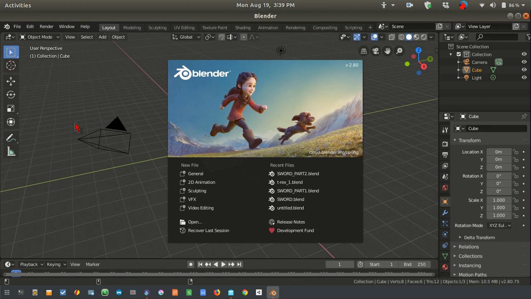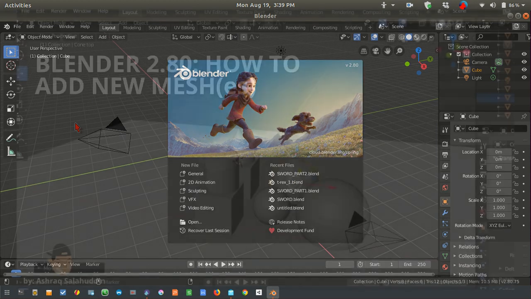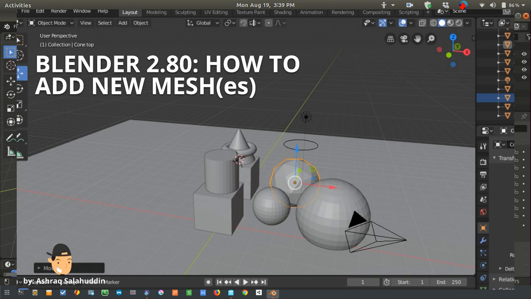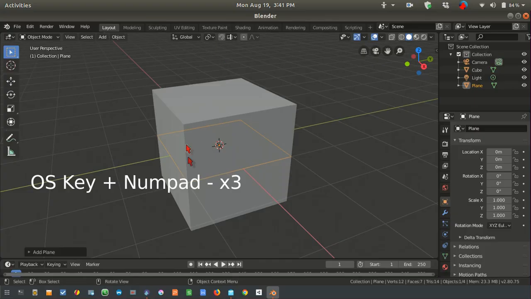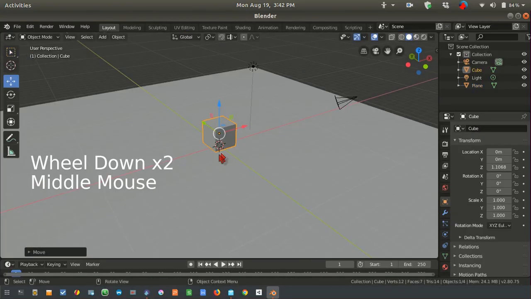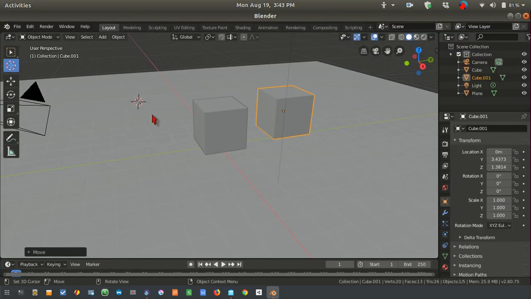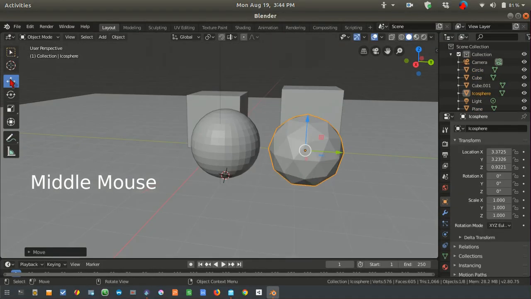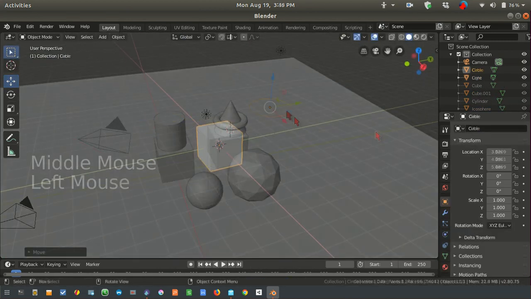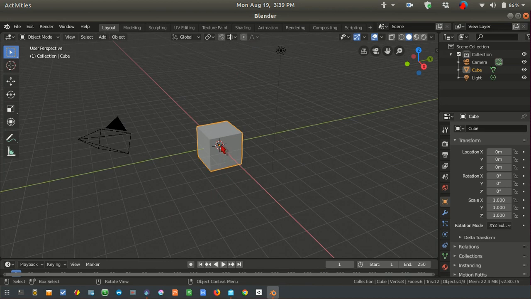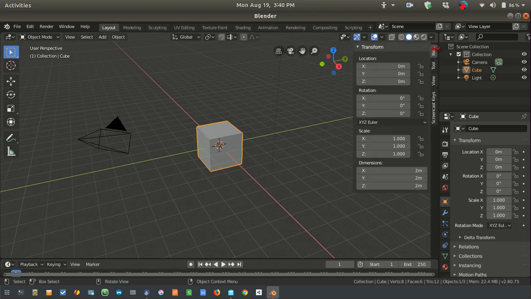In this video I'm going to show you how to add mesh into your viewport. By having different meshes, you can model anything using any mesh that you have added. By default you will have this cube mesh on your viewport. To add mesh, what you have to do is